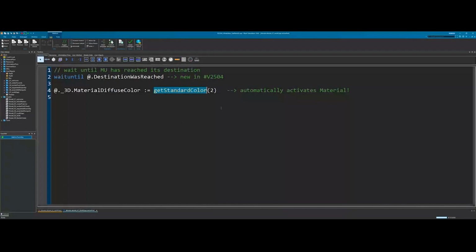So you can pass here a number from 1 to 30, and then it gives you 1 of a set of predefined colors. So you don't have to use DMake RGB kind of stuff, which to be honest, I still use if I want to have a specific color, because I can't be bothered to look up what color is 2 and what color is 3.